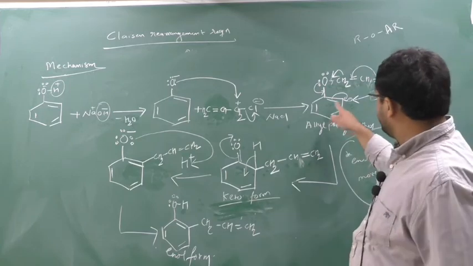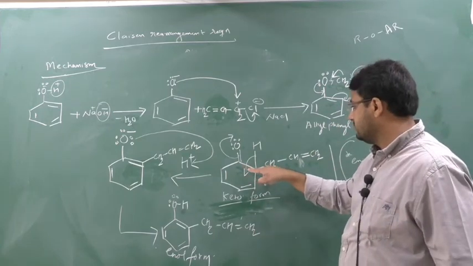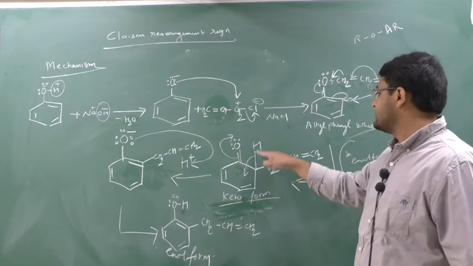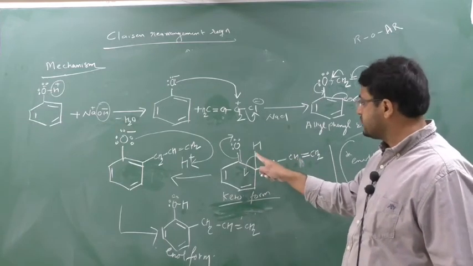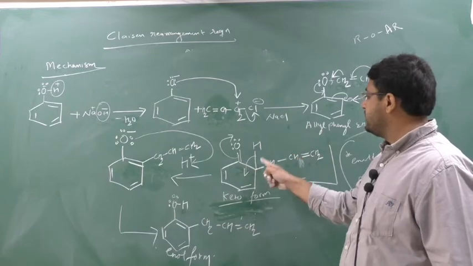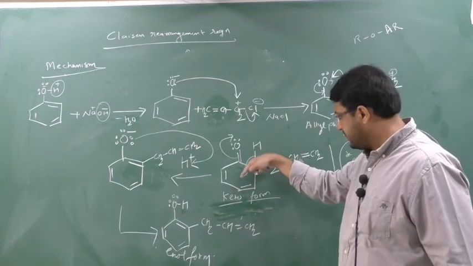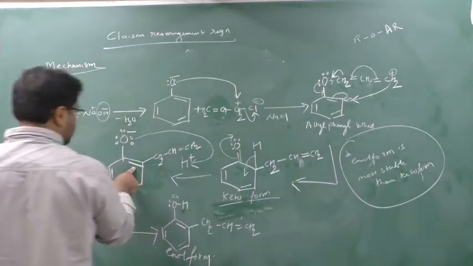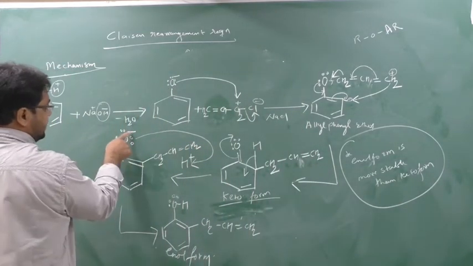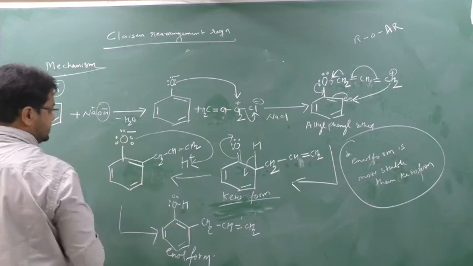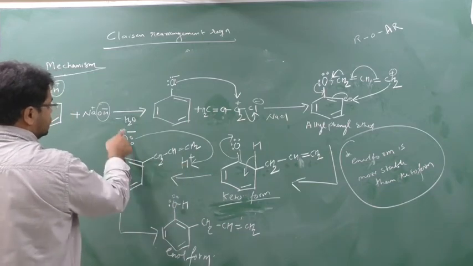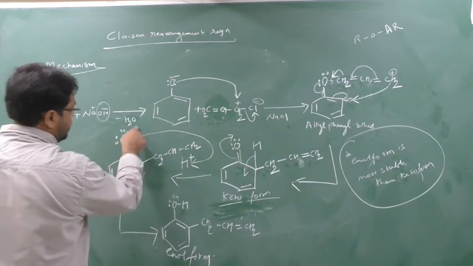Now when I am doing so, the aromaticity is going away. I am losing the aromaticity. So who will help us regain the aromaticity? This acidic hydrogen, the ortho hydrogen. This hydrogen will convert into H plus by donating its whole bond here. So the new bond will shift here. This pi bond will break and again enter this oxygen. So here a double bond will come and 2 lone pairs, 1 lone pair will come extra, and it has gained the electron, so it creates a minus charge. Now as this ortho hydrogen is removed as H plus, out of the 3 lone pairs of oxygen, 1 lone pair will be donated to this hydrogen.